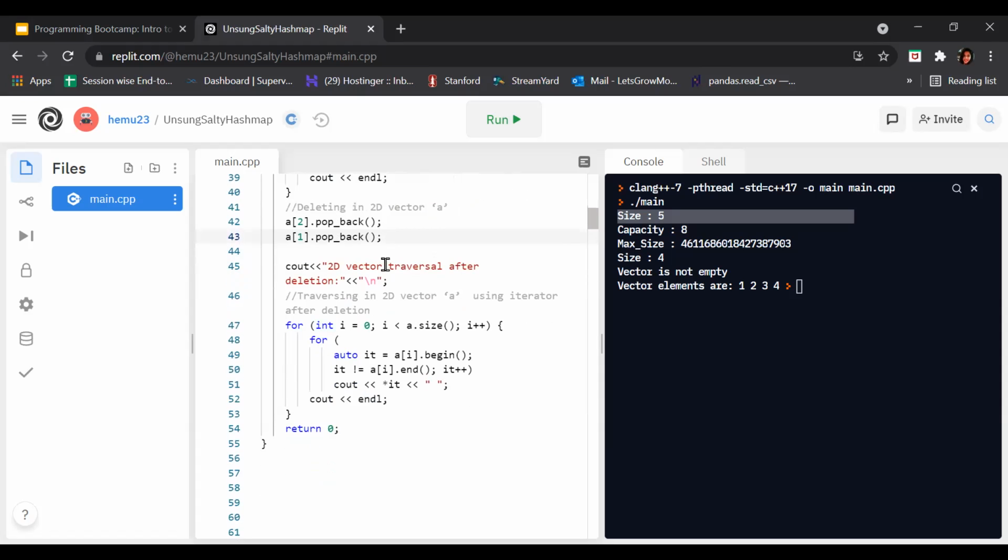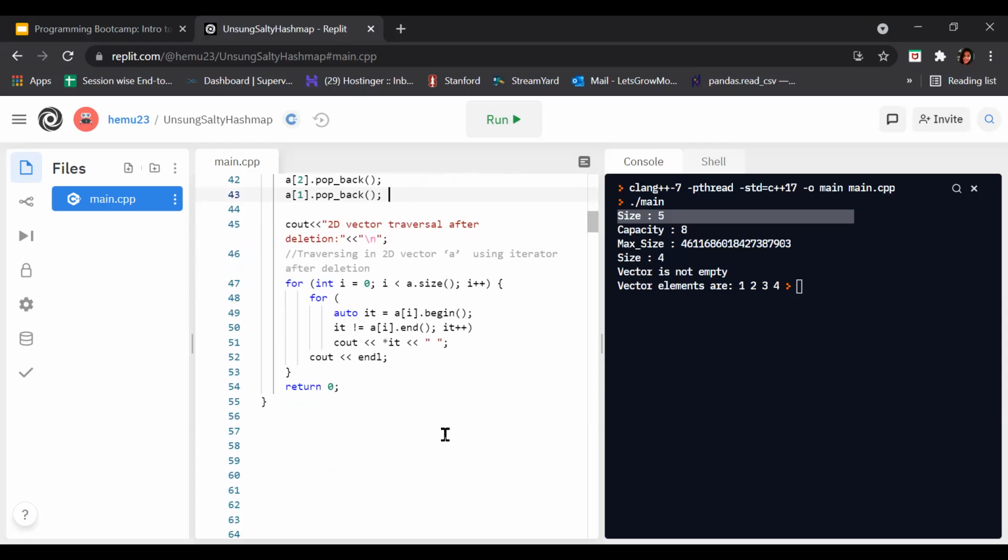Now the 2D vector traversal after deletion. We just saw that we can use an iterator also. For using an iterator, we again use a for loop, initializing int i equal to 0.